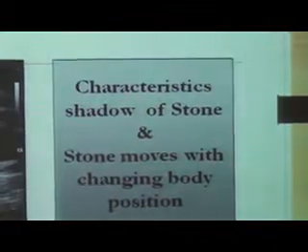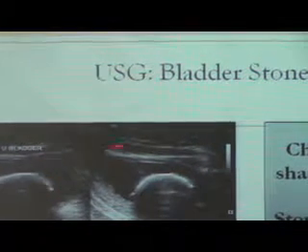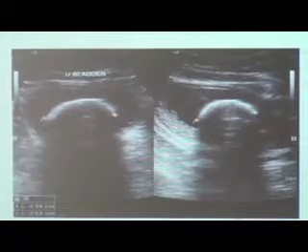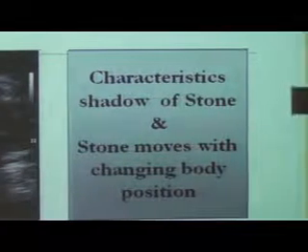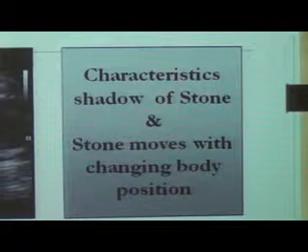And ultrasonographically we can assess the urinary bladder stone, and we will get the characteristic shadow of the stone on ultrasonography. The characteristic feature during ultrasonography is that if you change the posture of the patient, the stone will move from its previous position. If you lay the patient down and it is not found where it was before, that gives a very good clue that this is a stone. If it were a growth, it would not move. Okay.